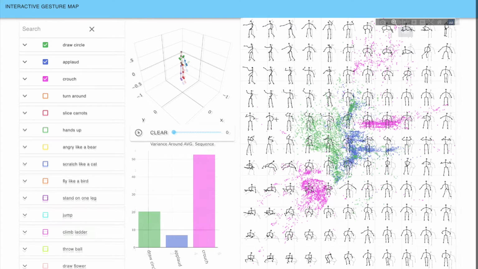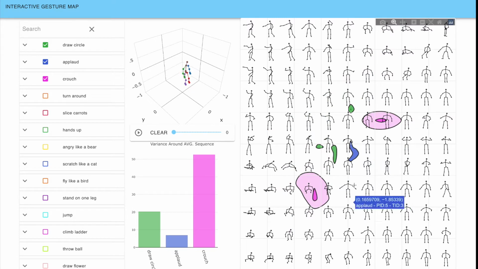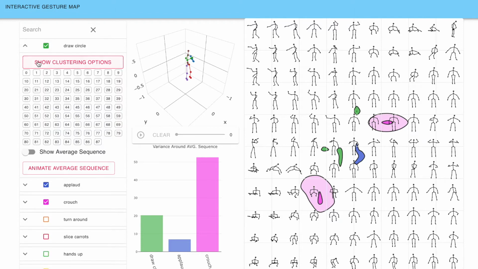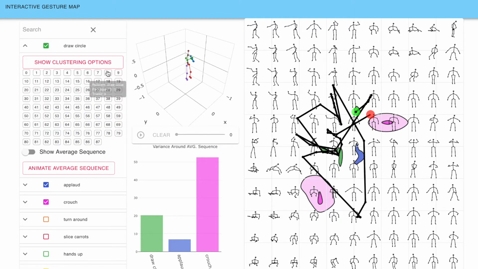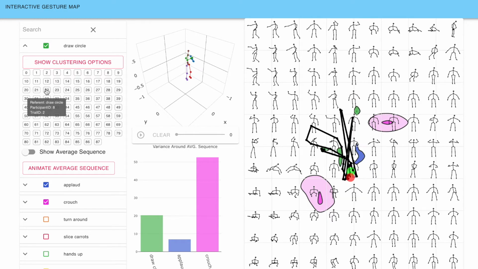A full category or a type of gesture can be plotted as a scatter plot or density plot over the gesture map. When hovering over a specific gesture from the experiment list, its corresponding 2D embedding path will be highlighted in the map. Since individual poses are represented as points in this map, a full gesture is therefore represented as a path connecting multiple poses.